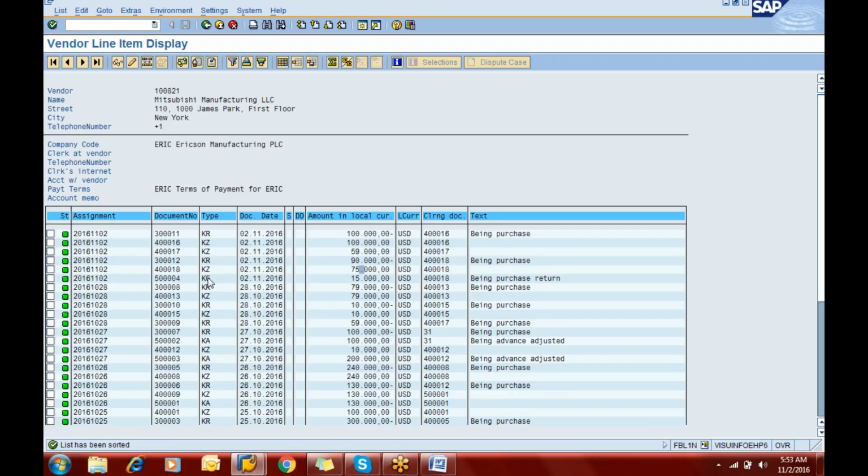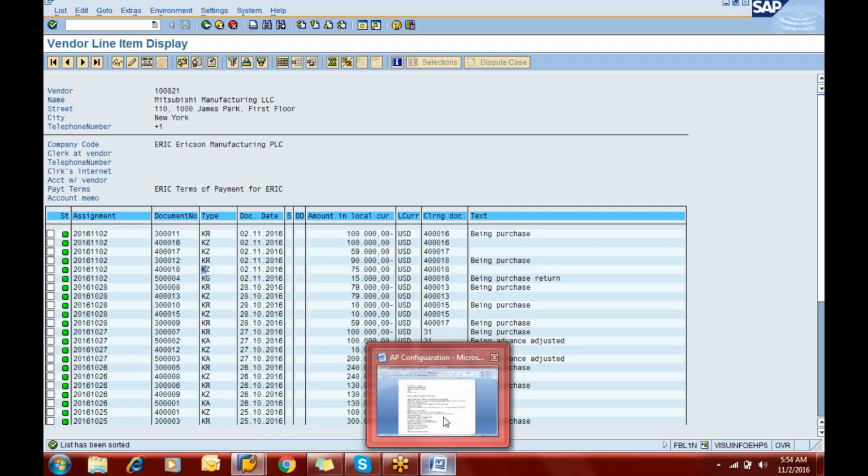This is KR, KG is your return and KZ is your payment. So this is how we can process the payment for our vendor under the new terms of payment and under the purchase return. With this we have completed the